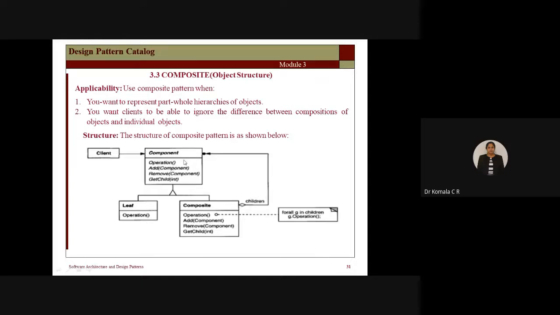This is a parent class, with Leaf and Composite as children classes, and the operations to be performed are abstract: add, remove, get child. For the Composite, the implementation is done for each of these operations. It is going to create an instance as children, so the Composite acts as the aggregator and the Component acts as the aggregated. Fine.